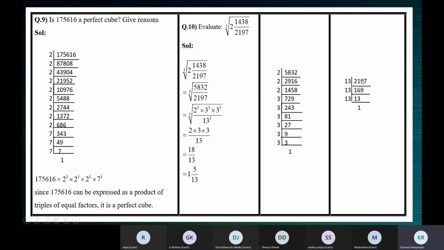This number 2197 is not divisible by 2, not divisible by 3, not divisible by 5, not divisible by 7, not divisible by 11. And finally, it was divisible by 13. 13 169 times. Then again, this is divisible by 13, 13 times, 13 ones. So now that you've come across the situation, you must remember that this number 2197 is a perfect cube whose cube root is 13. Next time you see this number, you will not try the other factors, 2, 3, 5, and so on. You will straight away use 13. So you must have that impact.